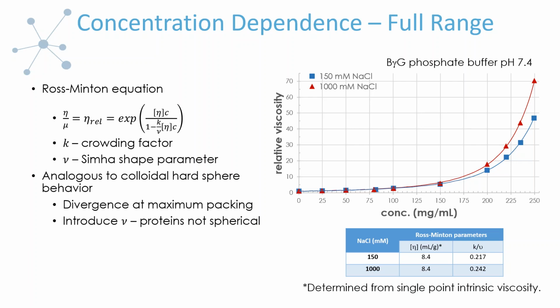variable. And I just wanted to point out too, I hadn't pointed this out yet, but I'll do it now because I have the plot here. So hopefully I don't distract you too much, but I wanted to make it while I had it in mind. So here I have relative viscosity as a function of concentration for, I've neglected to put my concentration here, but these are 250 mg per mL gamma globulin in a phosphate buffer at 2 different levels of sodium chloride.